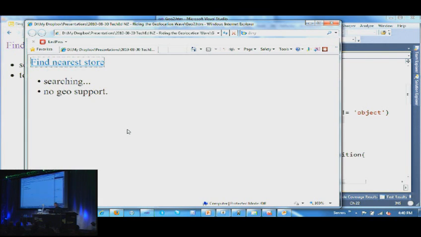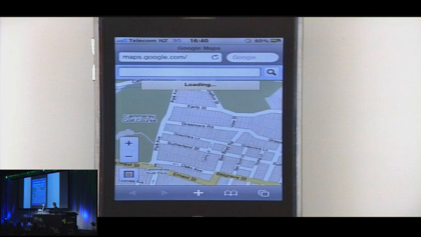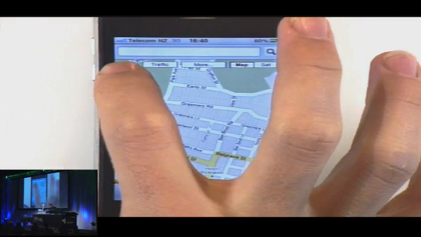So we've seen Firefox, we've seen Chrome, we've seen Internet Explorer, and then the last one I'm going to show, in the Windows Phone 7 track, this is my iPhone. This is the last time you'll see it. In Google Maps, so this is in mobile Safari, you'll see once it loads, in the top left-hand corner, we'll actually get a button that has a little dot on it. There we go. If I go and hit that button,